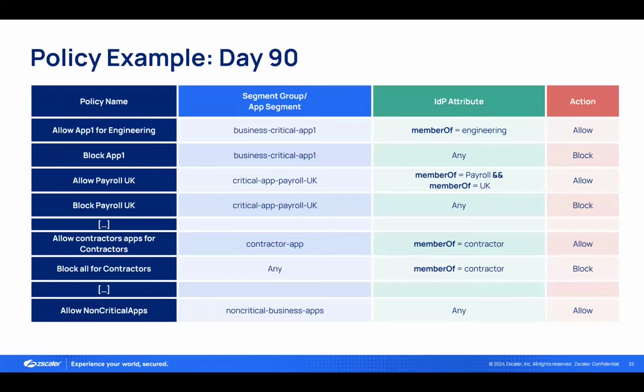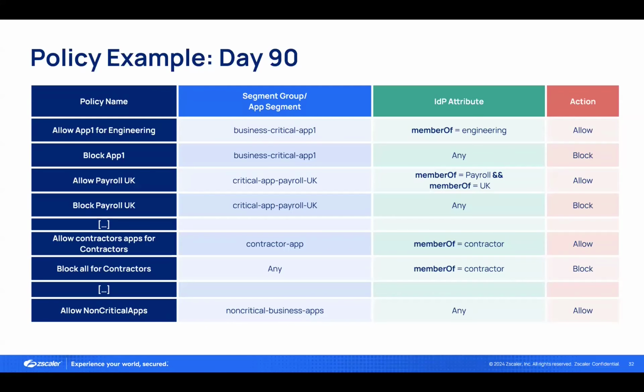Rules are evaluated top-down. The first rule evaluated will be the one that checks for the IDP attributes you want to use. If a user has those IDP attributes, they will get access to the application. If they don't, the next rule will be evaluated, and that rule will return a block action. This is how you build a secure policy that allows access to specific application segments for specific users while blocking